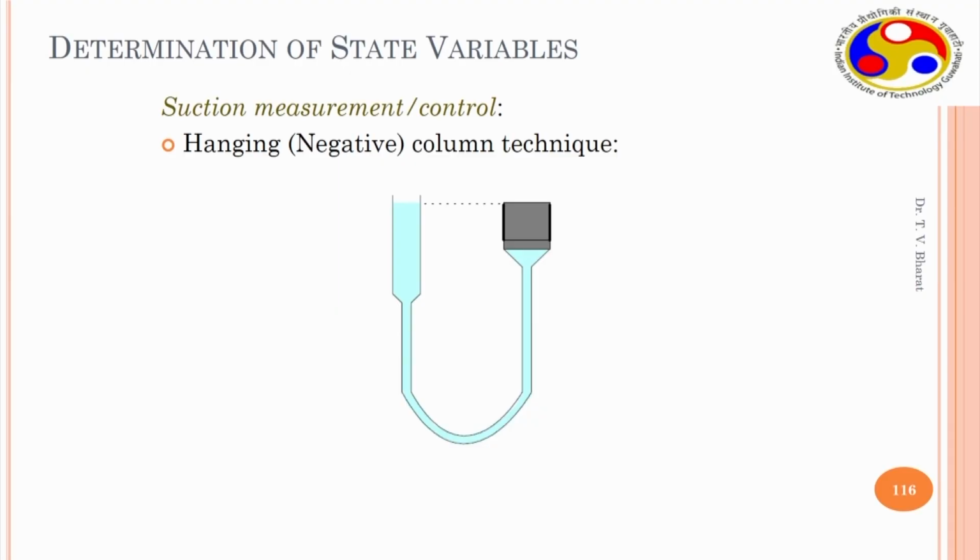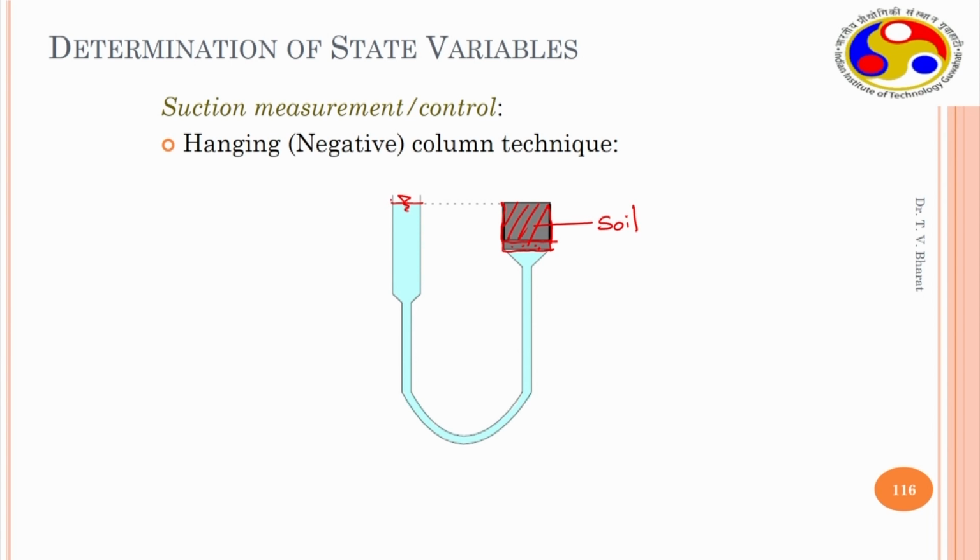First, the basic technique is the hanging column method or negative column method. A pictorial illustration of the hanging column is given here, where a soil sample is placed in a container. You have a porous stone which is attached here, and this is soil. Now this whole setup is connected with a flexible pipe, and the water level is maintained up to here. When you allow equilibrium to take place at steady state, you would see that the soil is completely